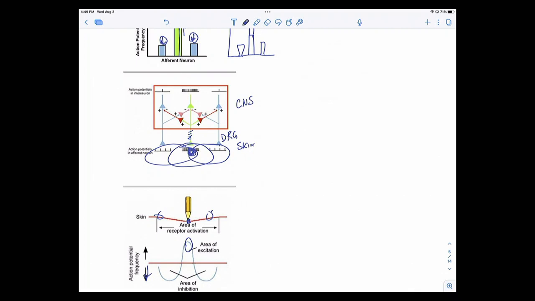So this green one here, the one being touched, is going to come in and stimulate this secondary neuron within your spinal cord or your brain stem. So I'm going to have an increase in action potentials for the primary sensory neuron. It's going to go into, say, the spinal cord, and it'll synapse onto a secondary sensory neuron, and it will also increase its action potential, mirroring what you see here.